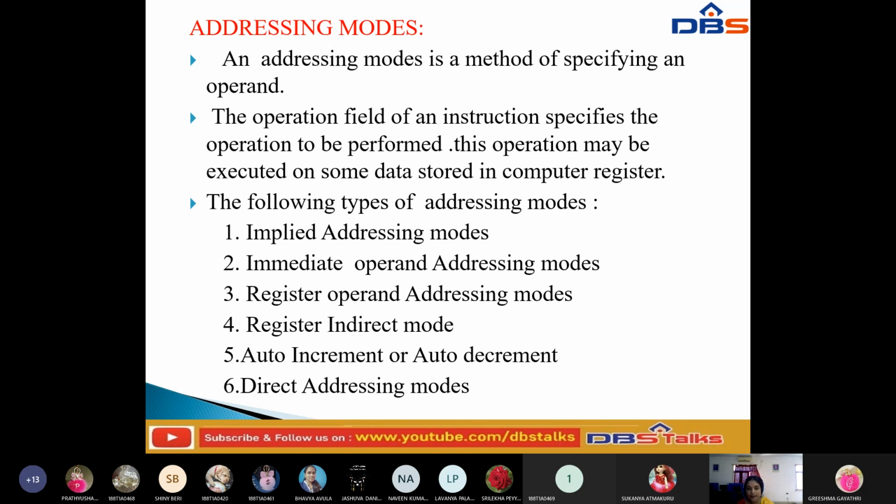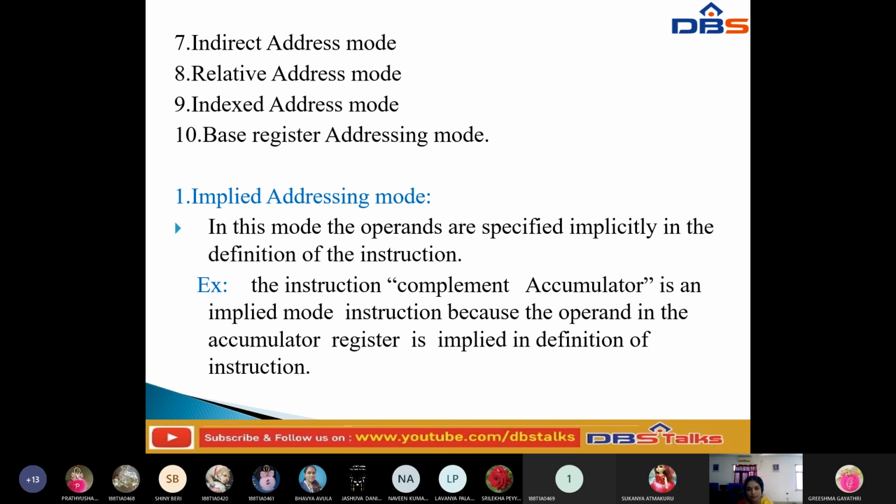The first one is implied addressing mode. Second is immediate operand addressing mode. Third is register operand addressing mode. Fourth is register indirect mode. Fifth is auto increment and auto decrement. Sixth is direct addressing mode. Seventh is indirect addressing mode. Eighth is relative addressing mode. Ninth is indexed addressing mode. Tenth is base register addressing mode. So these are the 10 specific addressing modes available here. We will explain